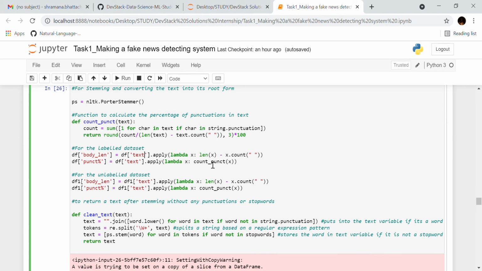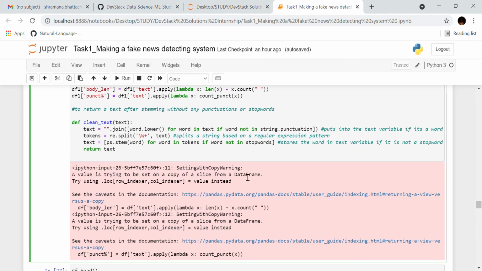Spaces are useless and punctuation marks are also useless. Therefore this function counts the punctuation marks and stores them in the punct percentage column, and the body length column stores the length without the spaces. This is done for both the labeled and unlabeled dataset.